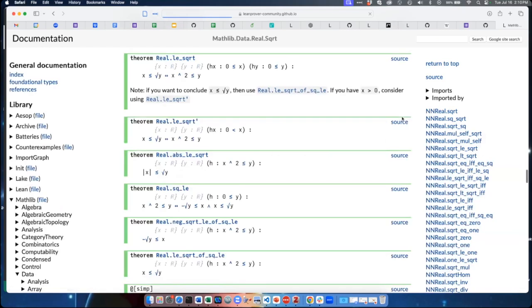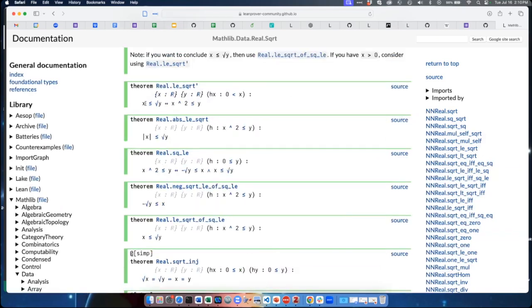Okay, I open up the documentation. I can see this is the statement. X is less than or equal to the square root of y, X squared is less than or equal to y. Oh, maybe I would have used this. Okay, but